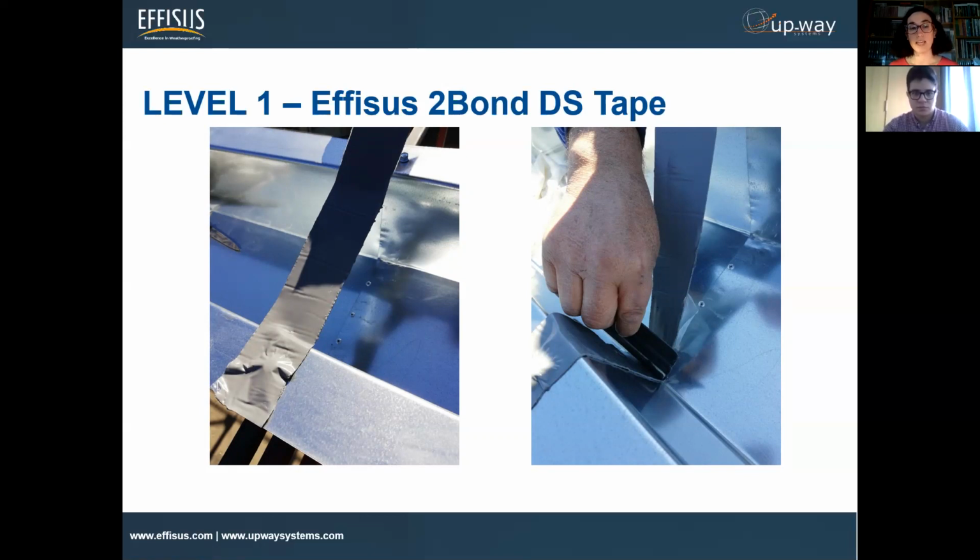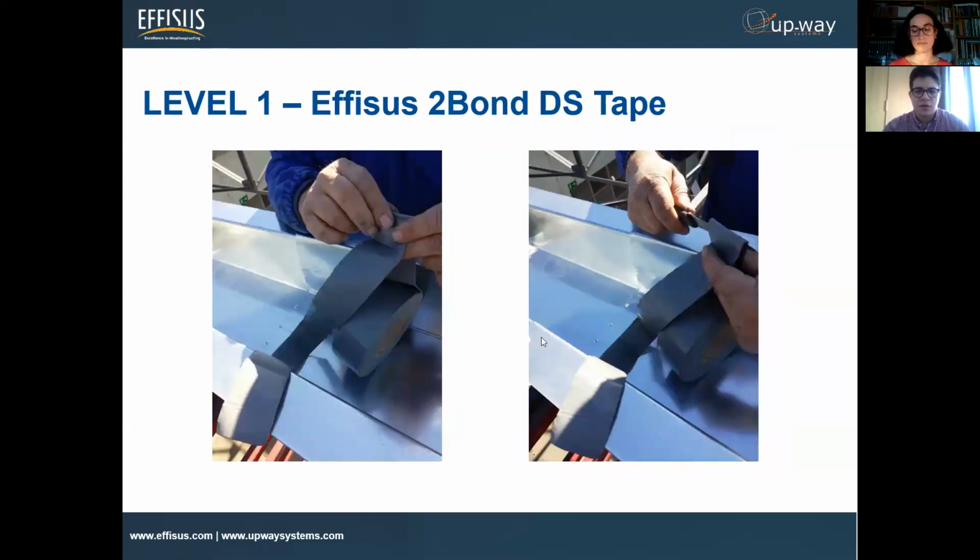We have to do it gradually, in a progressive way, because this kind of material attaches to everything immediately, and it's very sticky. So you just need to be a little careful. Once you stick it, you'll find it quite hard to remove, since it has very strong bonding and adherence properties. So what I recommend is to go gradually. Again, it's a very easy and fast process, the whole solution itself. Just be careful so you don't need to remove it and place it again. Again, remove the bottom foil,